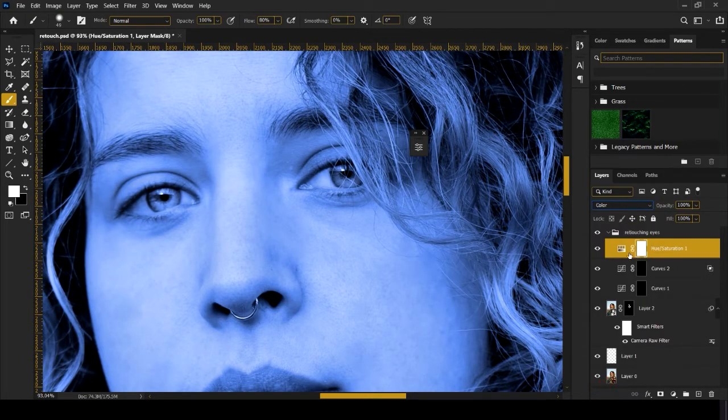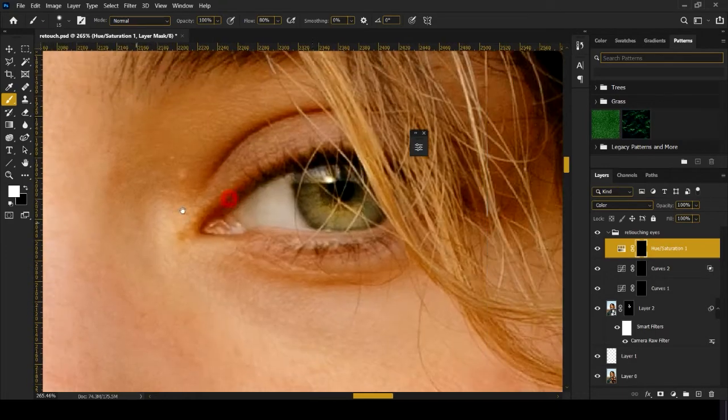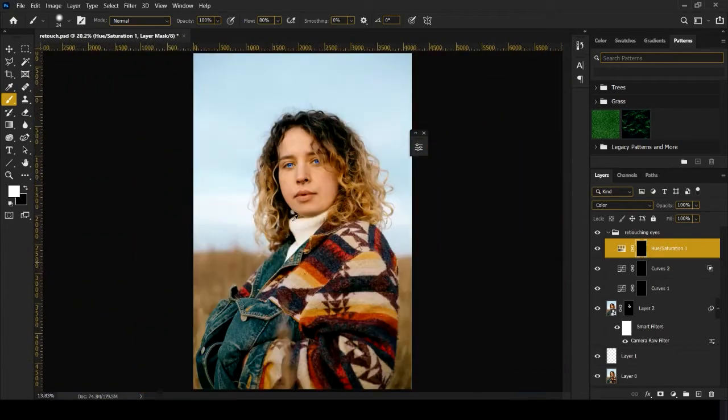This blend mode will keep the colors of the hue and saturation layer, and it will take the luminosity from the layers below it. Invert the layer mask and carefully paint in white in the areas where you want to show the effect, that is the eyeballs. See, this is the before and this is the after. So we see that this looks too much, so we'll reduce the opacity to a point where it looks good, maybe 45. Yeah, 45 is good.